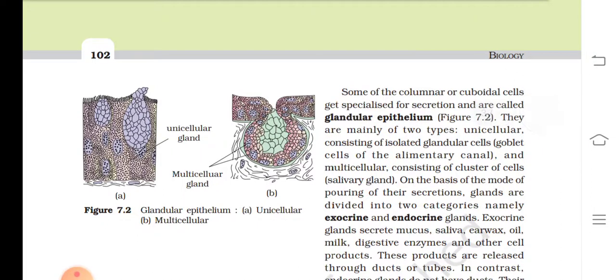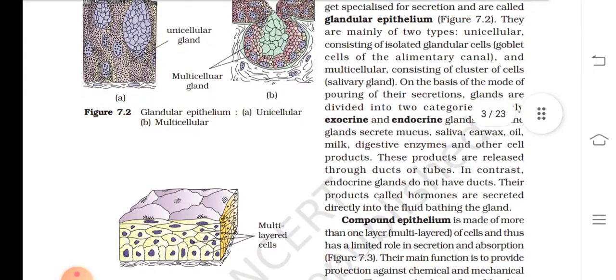Some of the columnar or cuboidal cells get specialized for secretion and are called glandular epithelium. They are of mainly two types: unicellular, consisting of isolated glandular cells, that is also called goblet cells of the alimentary canal, and multicellular, consisting of clusters of cells, that is salivary gland. On the basis of mode of pouring of their secretion, glands are divided into two categories, namely exocrine and endocrine. Exocrine glands secrete mucus, saliva, earwax, oil, milk, digestive enzymes, and other cell products. These products are released